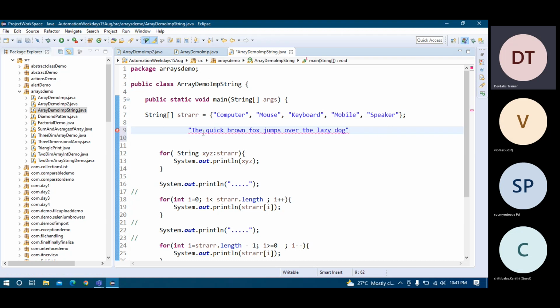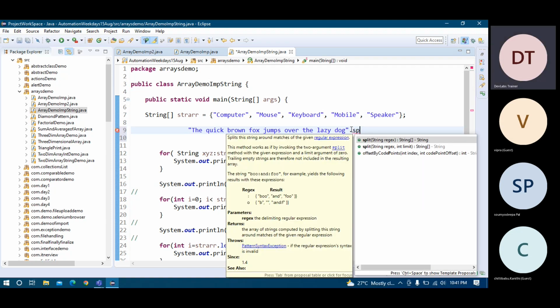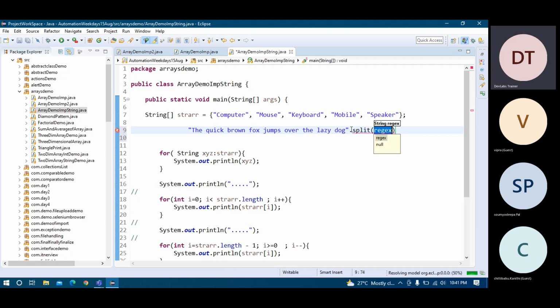Consider that this is one string. I put it in the double quotes and you just put a dot split method. You put it here, and on the basis of a space, I want to separate it. So the split method also helps in creating a string array.